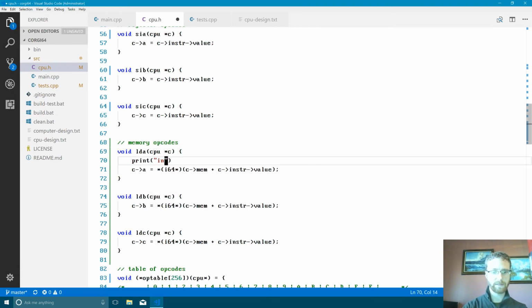So the address to look at, that should be, actually this is printf, right? And this will be an integer value. In fact, it's a 64-bit value, so I think it's an LLD. So let's do C instruction value. And then what we'll do is we'll also look at